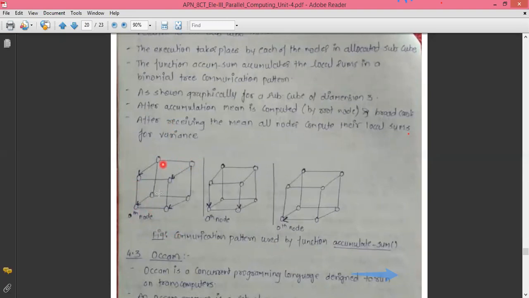That means out of the total 8 processes or 8 nodes, only 7 nodes actually carry out the execution, while one node is totally dedicated to supervision or monitoring. So when the task T is received by the root node, the principal node, it divides the task into 7 equal components, because there are 7 processes apart from itself. It divides the total task T by 7, and once the equal division is done, it distributes the work to all the other nodes. Now, what is the responsibility of the other nodes?